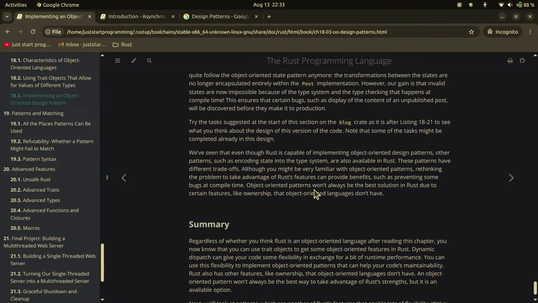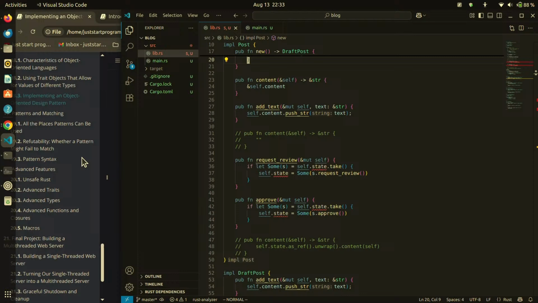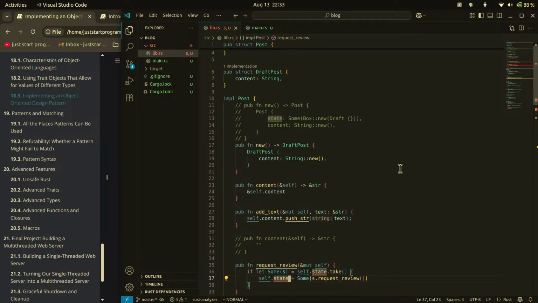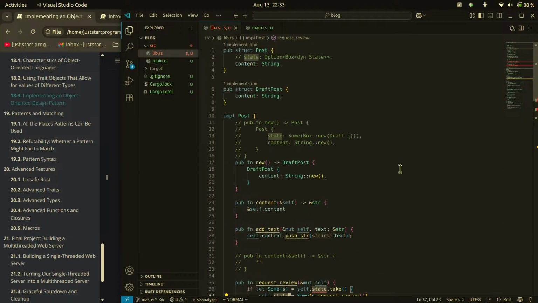Let's come back to the code. So here we have: no field state on type mutable post. Yeah, because state was commented out,